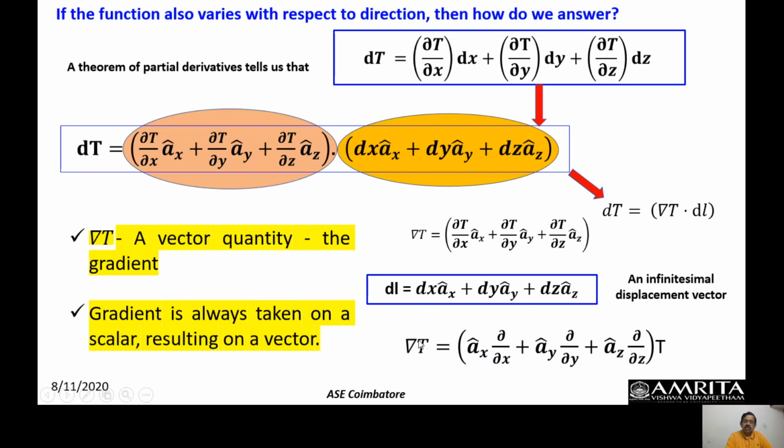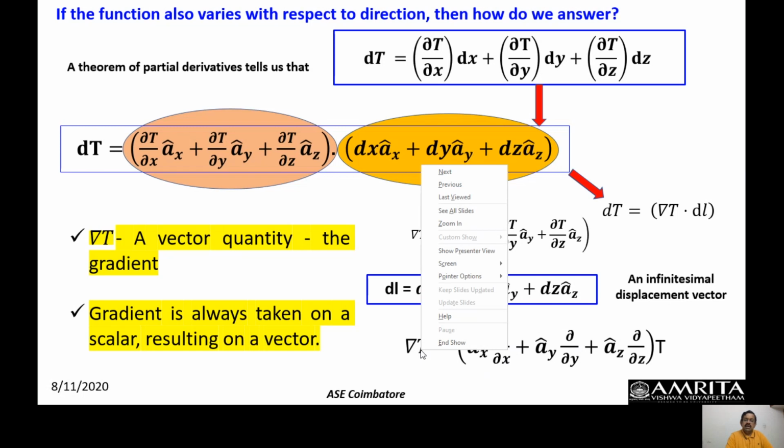Now, if you remove t on both sides, the del operator is going to be x-hat ∂/∂x plus y-hat ∂/∂y plus z-hat ∂/∂z. Now you see, I have a unit vector and the term in the bracket. I have merely the partial derivative, but the function is missing if I take only del. Okay, so for example, let me put it this way.